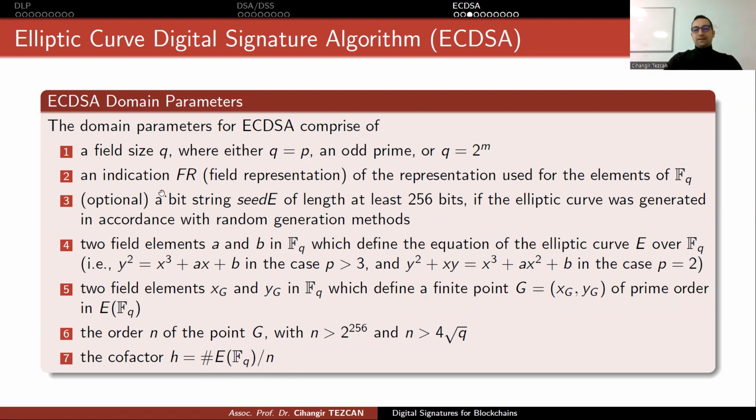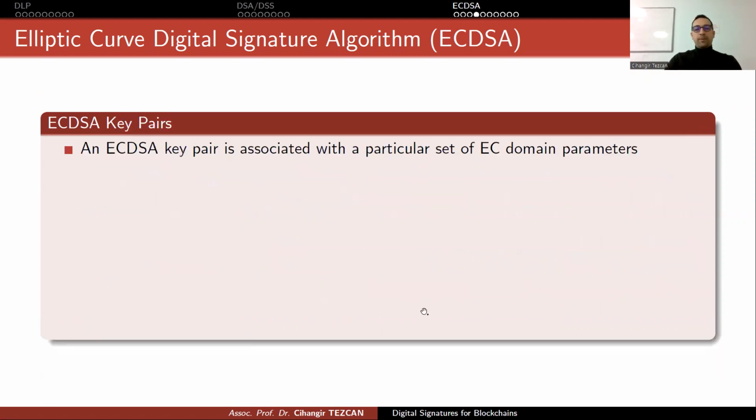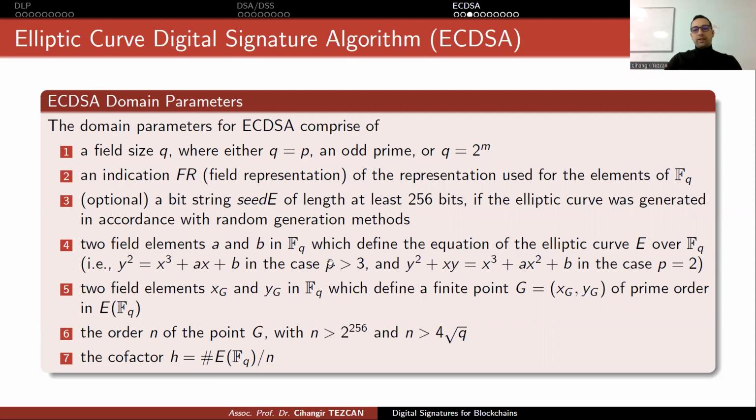All of these values are your domain parameters. So in Bitcoin, you say that these are the domain parameters, and this is why we use it. Initially, you have to decide all of these so that you can use this elliptic curve and the points there. Okay. So it looks a little bit more than the digital signature algorithm, but